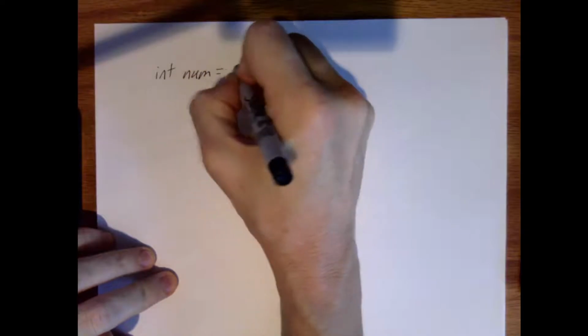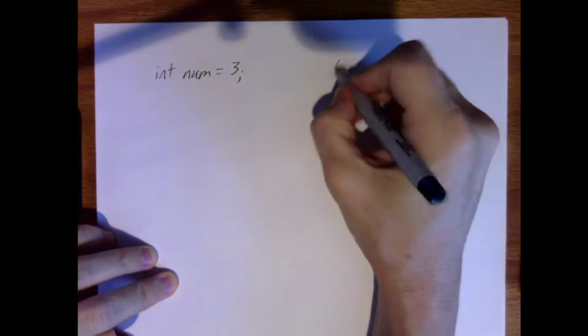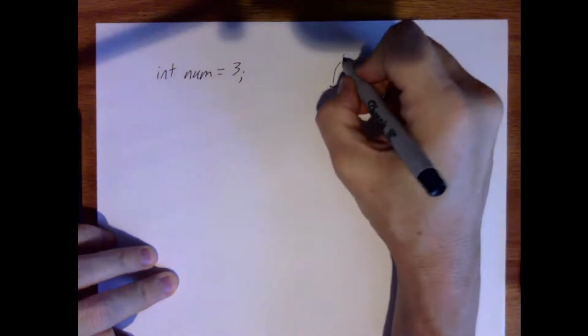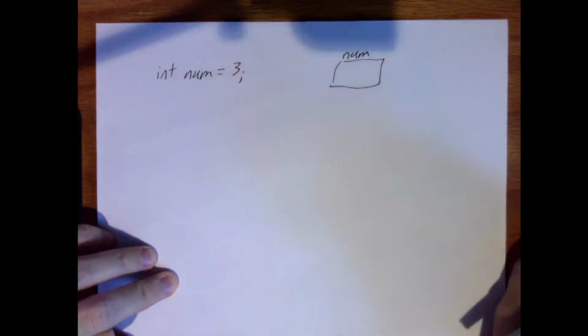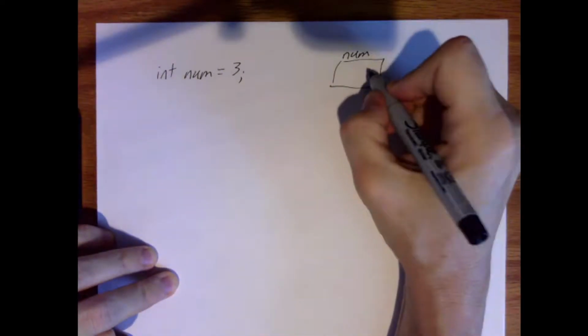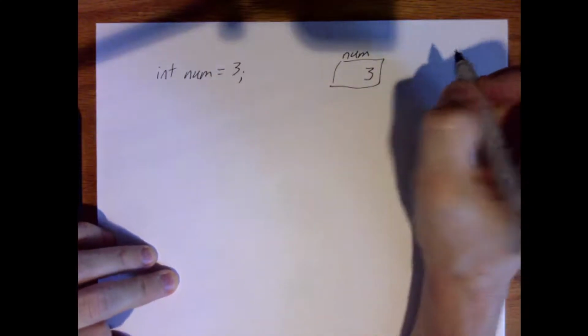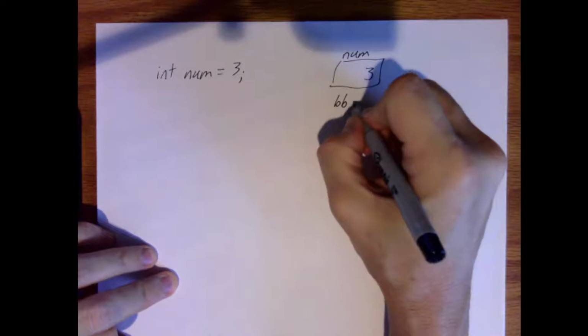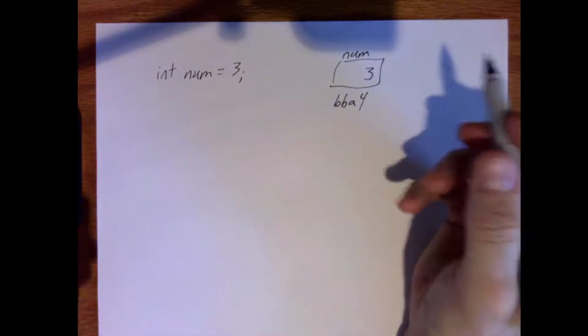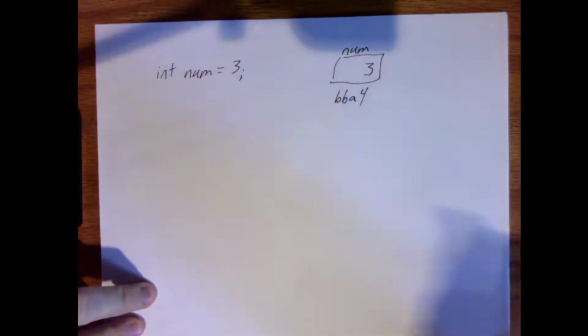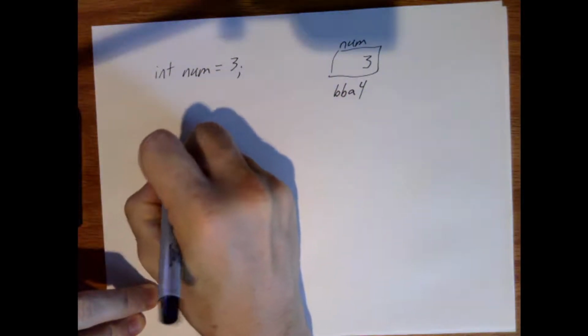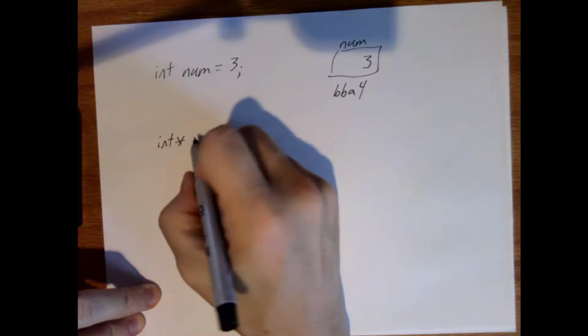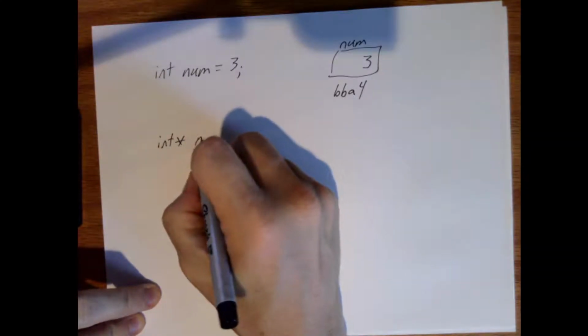So when I write int num equals 3, I got a spot in memory called num, or that's how we'll refer to it since I don't care about the actual address in most cases. I gave it an initial value of 3, but the address this time when I ran it was BBA4. If I ran it again, I'd get a different address, but I don't really care in the vast majority of cases. So then I create a variable called num pointer of type int star, or pointer to int is another way of saying it,